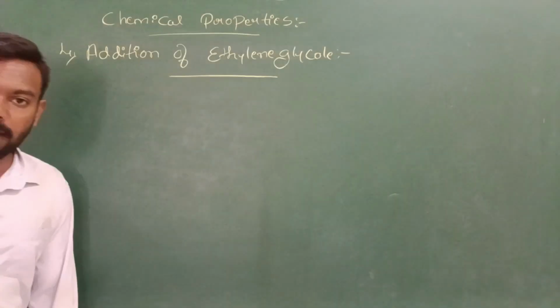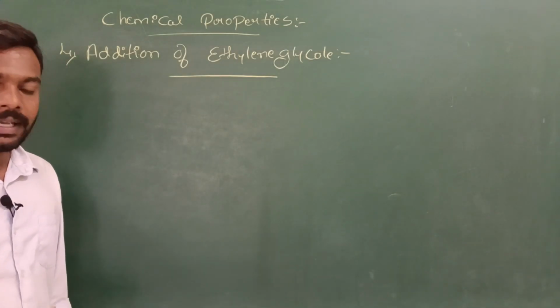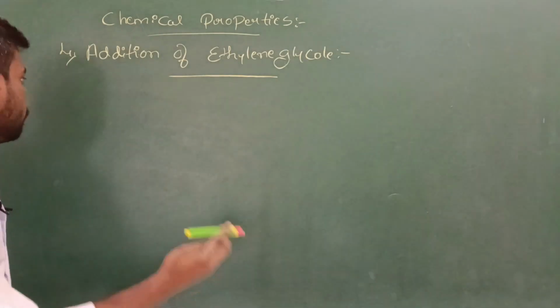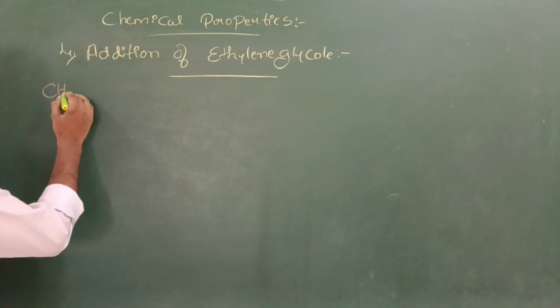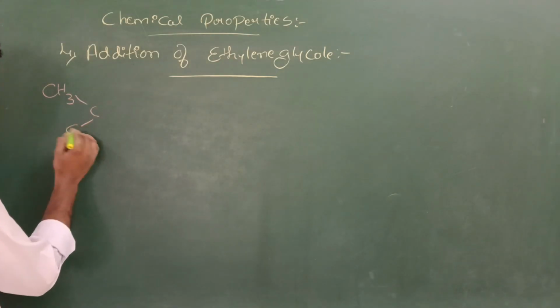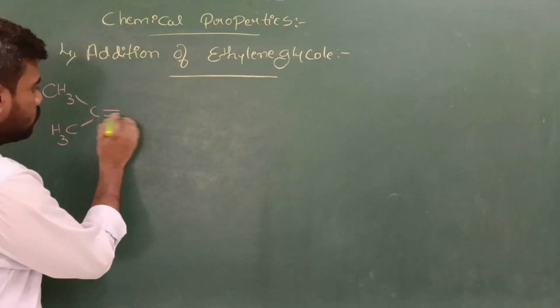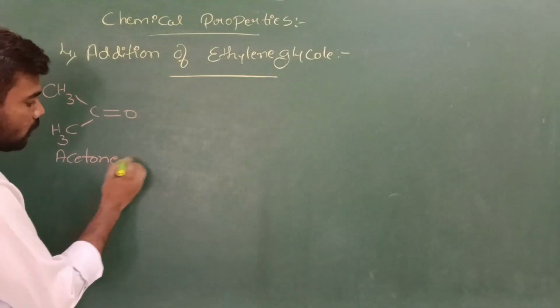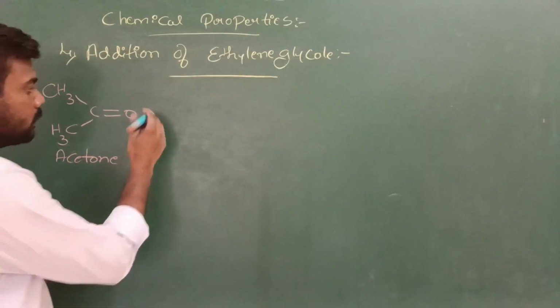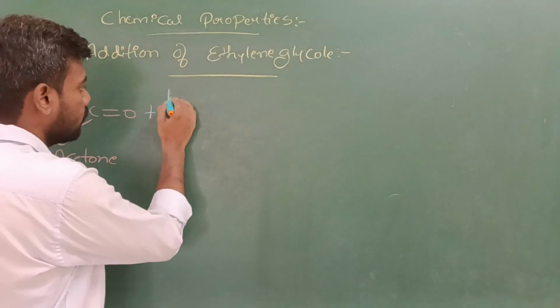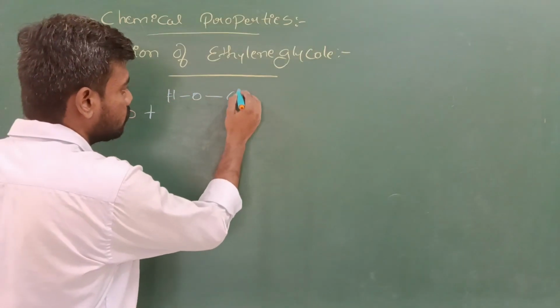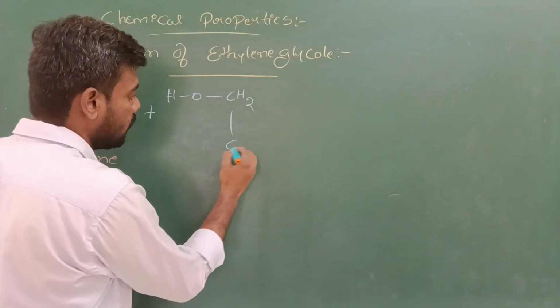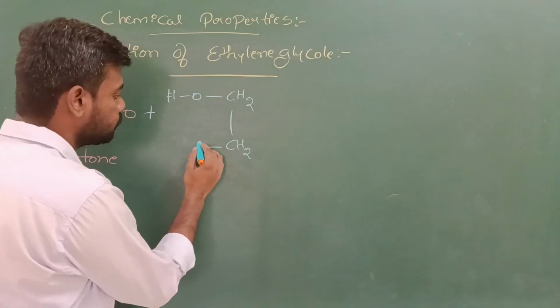Ketones react with ethylene glycol to form an ethylene glycol ketal. For example, when acetone is on reaction with ethylene glycol,